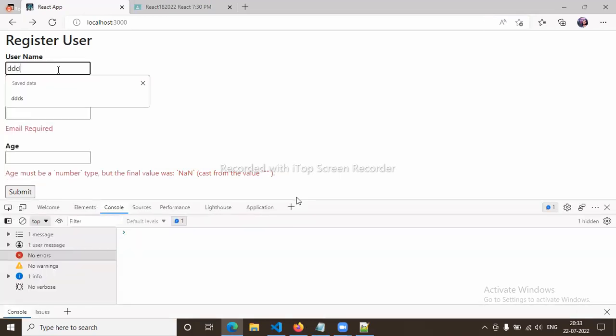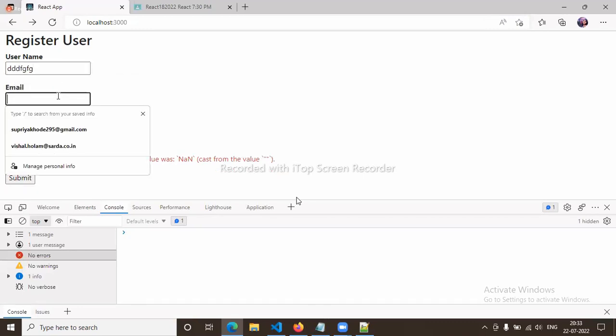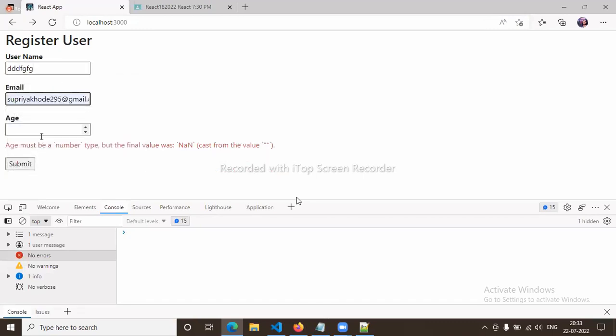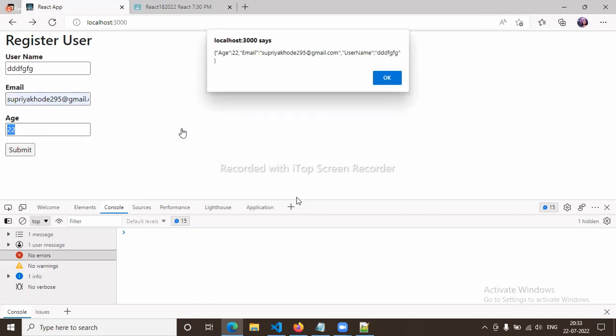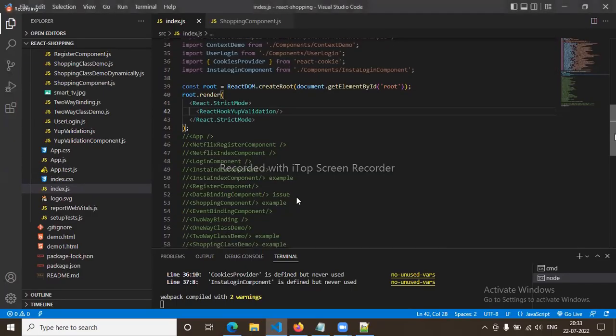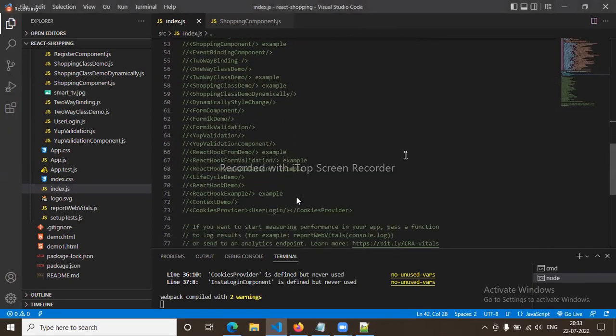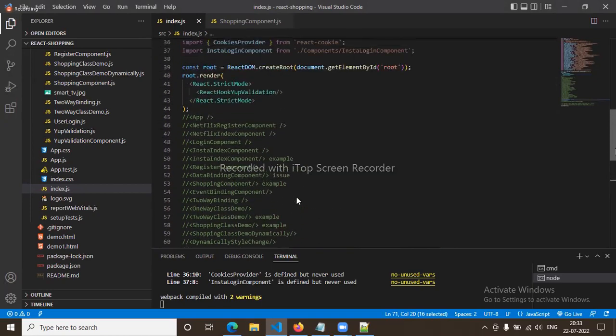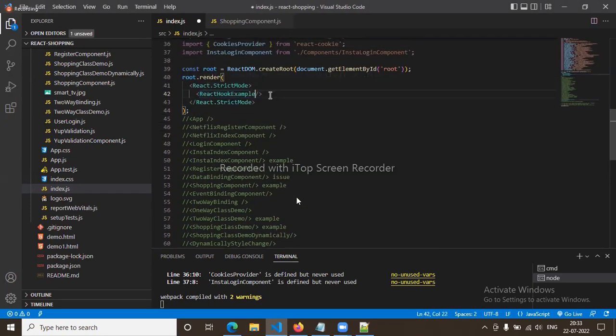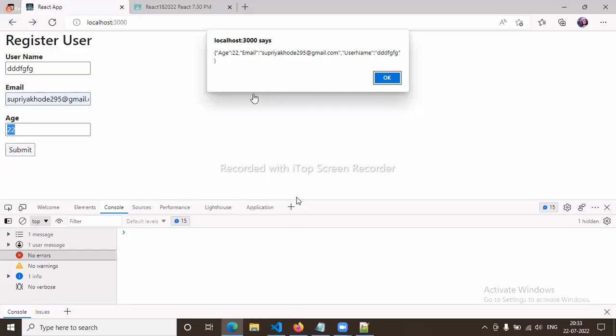I'm not able to type. Fine. This is using Yup validation. Last one: you tried that complete end-to-end example? Yes, end-to-end example. Fine. And the last was